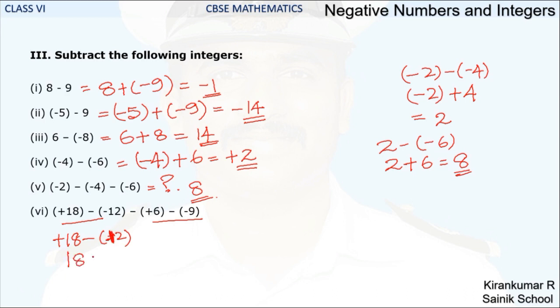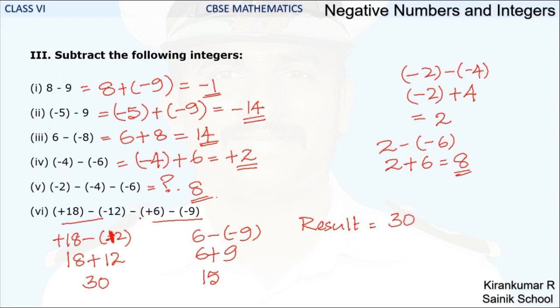I'll change into addition question by changing the sign of this number. So I'll get it as 30. When 6 minus of minus 9 is done, 6 is added to the additive inverse of minus 9, which is plus 9. So 15. Final result is 30. Then I need to take this sign here,